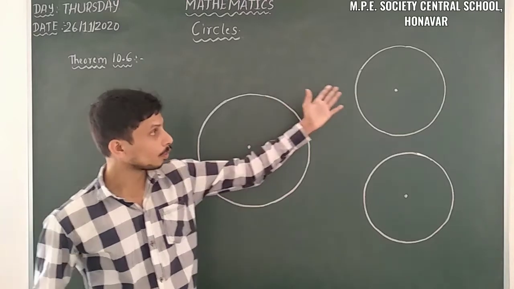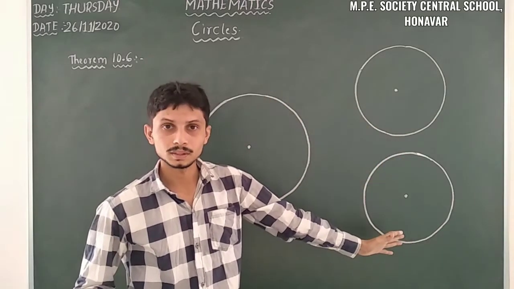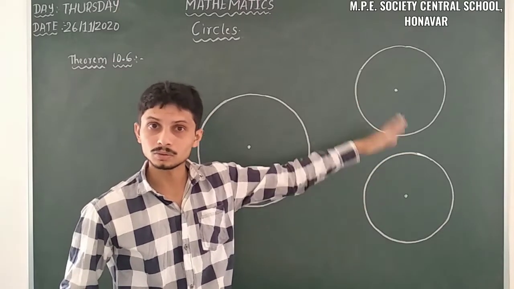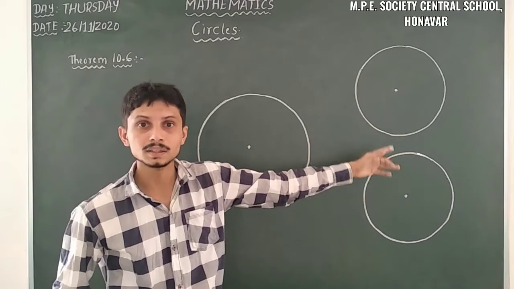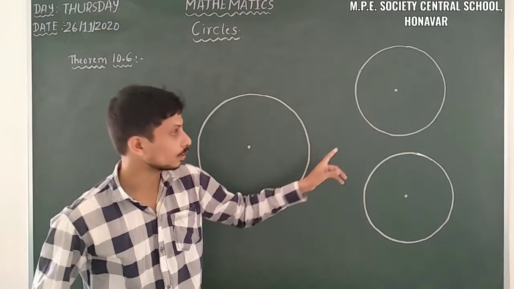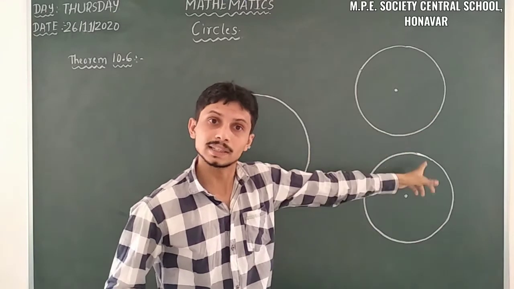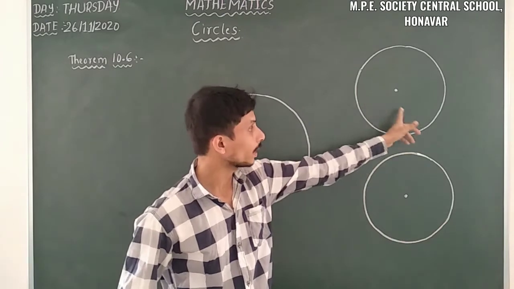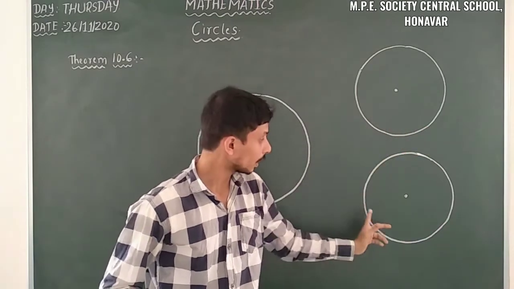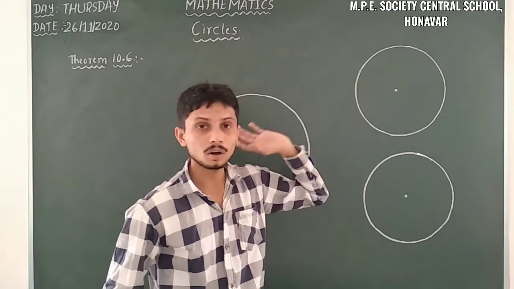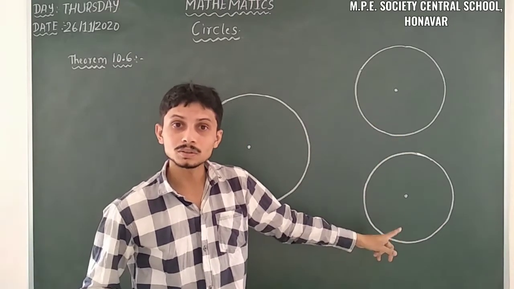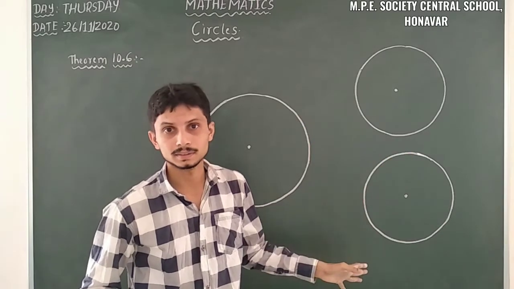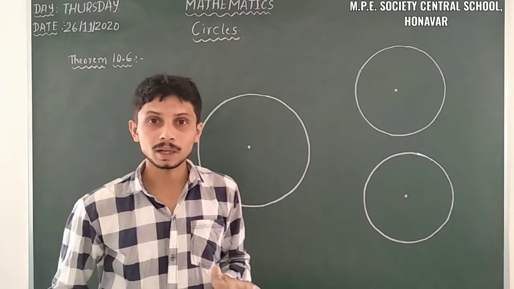And when we have congruent circles, that means the circles are having equal radius. Those two circles are having equal radius, so there we have to write equal chords. Here also one chord I will write of the same length, and another chord here of the same length as this chord. So in this case also those two chords are at an equidistant from the centers. That is theorem 10.6.